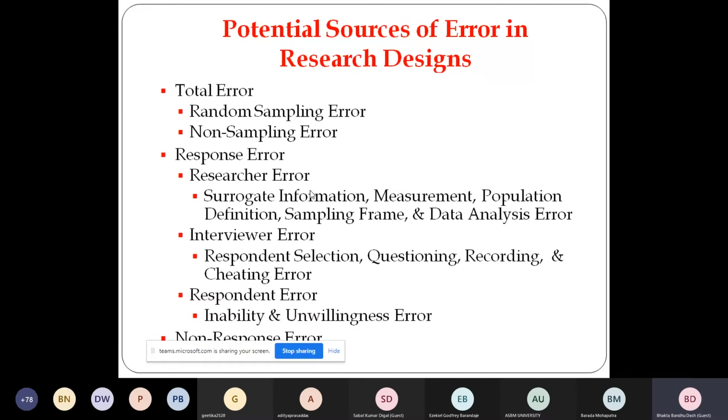And similarly, there are what we sometimes call data analysis errors. While we analyze the data, there might be data analysis errors, because we may not use the appropriate analytic tools. Every time, if you ask the student, which test, I use a chi-square. Why use a chi-square? What is the necessity of a chi-square? Which type of test? Where can it be used? Why can't you use a t-test? Why do you use a t-test but not an analysis of variance? Both the concepts are the same.